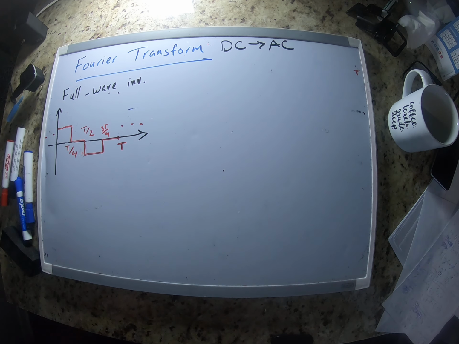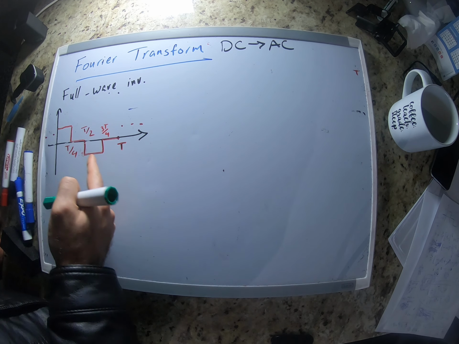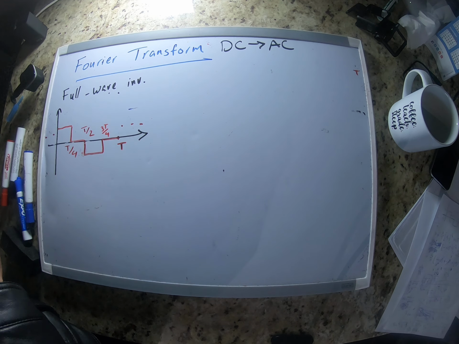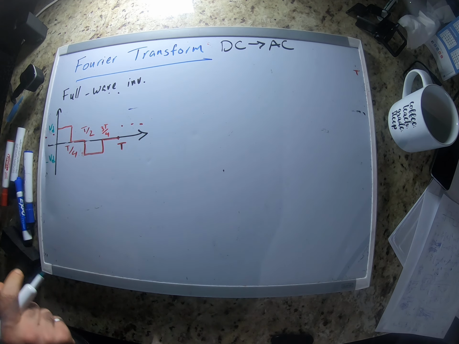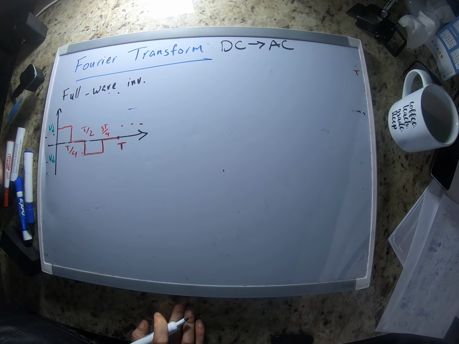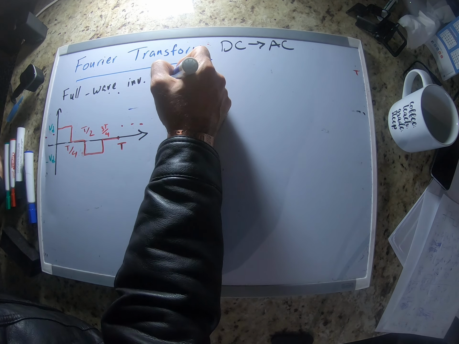So now for the full wave inverter, as you can see, the DC component is again 0. This is Vd, this is negative Vd. Let's first calculate the RMS value of the signal itself. So V of R